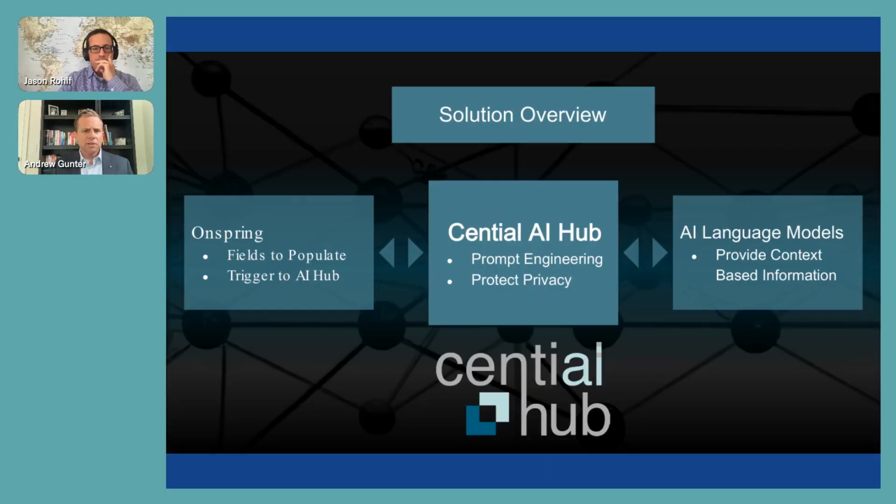So ultimately, what we ended up with was what we call Central AI Hub. And it creates a nice middle solution between Onspring and the AI language models to meet some of those considerations that we're talking about. And inside the hub is where we do all of our prompt engineering, where you may have noticed in the demo that Jason only typed a few words, user access,